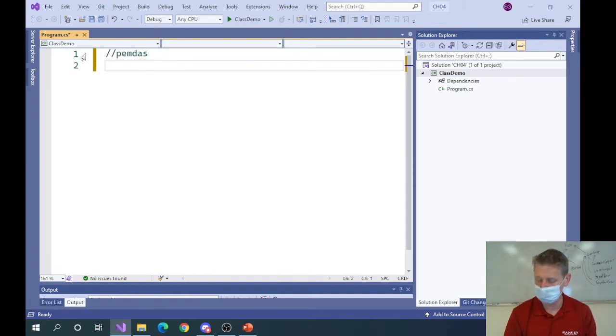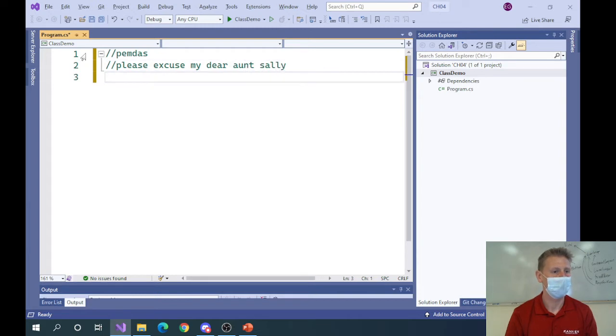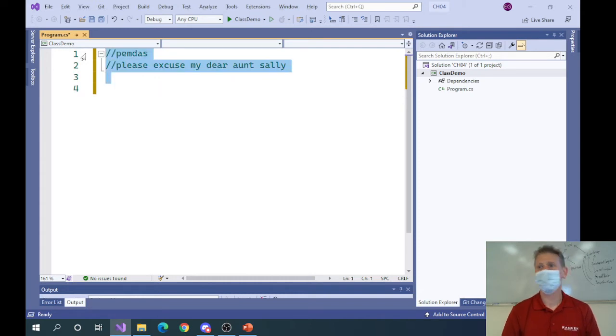Remember that PEMDAS? Who remembers what that was? We're about to reorder. It still applies here, right? You got to remember your order of operations. Some of you were reminded of that during the lab. Sometimes I jokingly say you gotta throw parentheses at it until you get the answer you want. Just keep throwing parentheses at it until you get the answer you want.